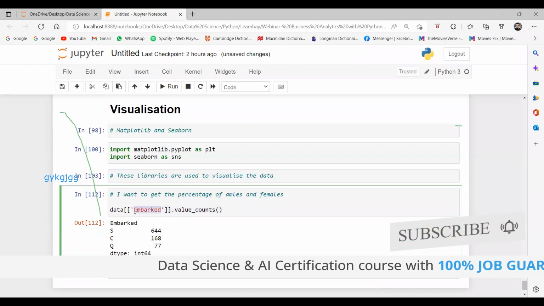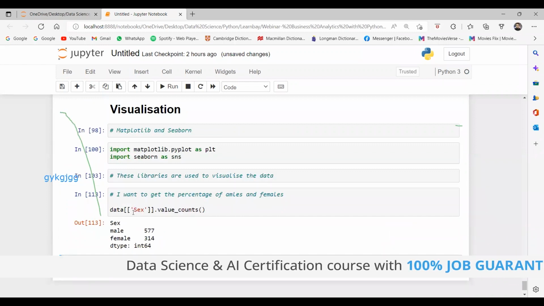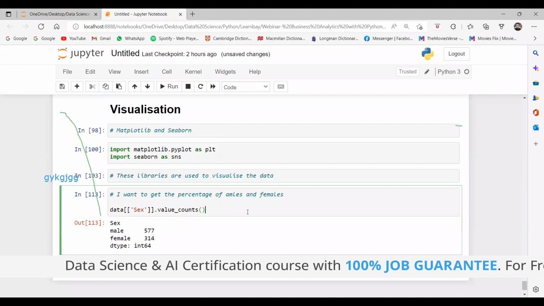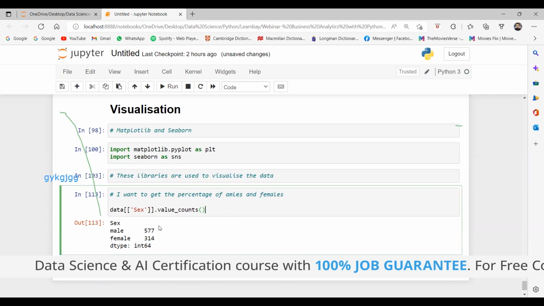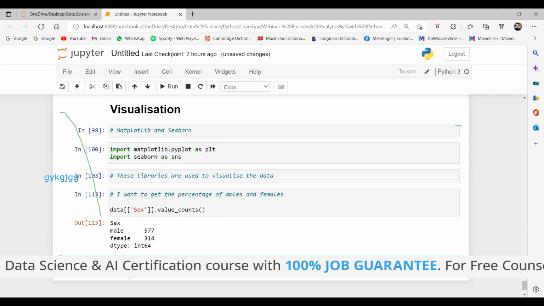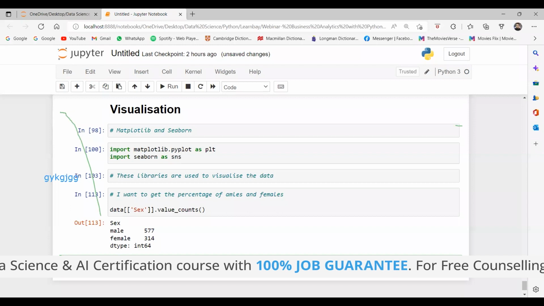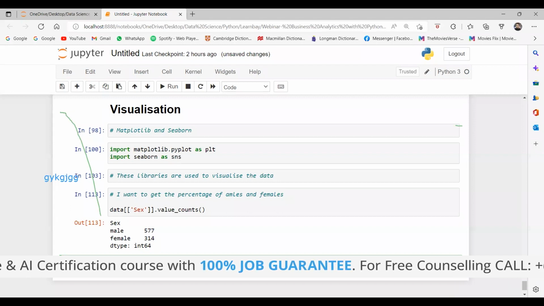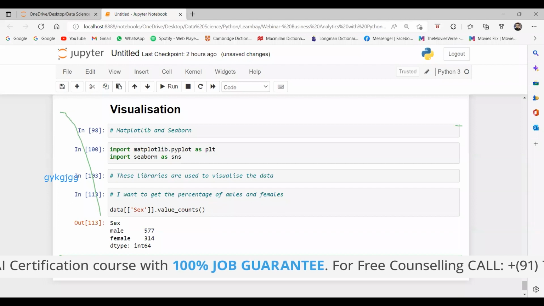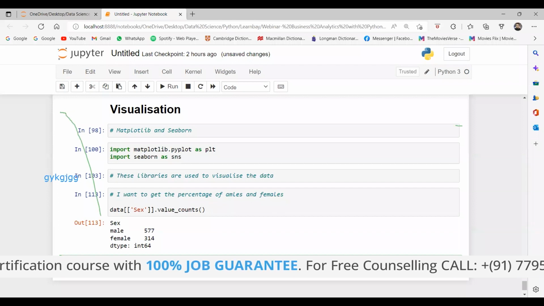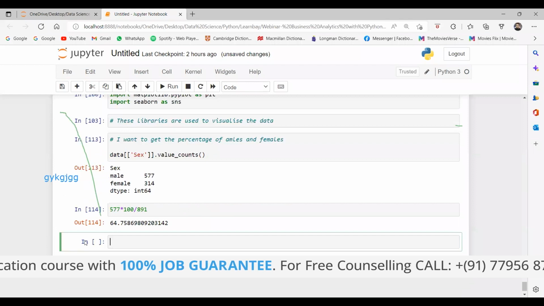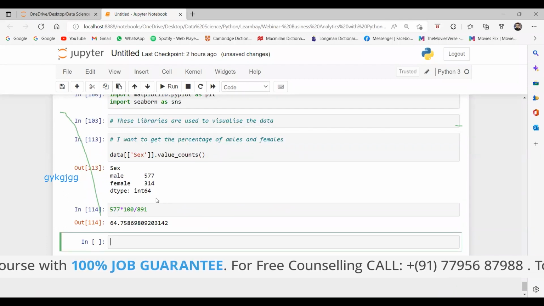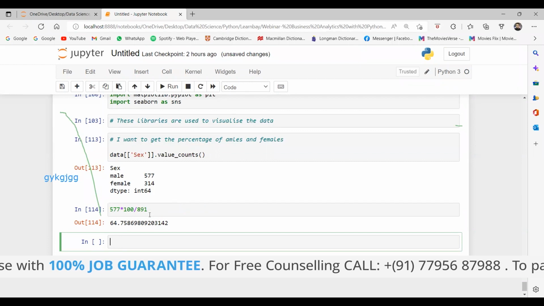So for example, I want this for this column. Now I want to get the percentage. This is the count I am getting. So how can we find the percentage? How do we find the percentage, guys? For example, I want to first find the percentage for male. So I will say 577 multiplied by 100 upon the total number of observations. We have 891, yes or no? And it is like 64% are the males there. Fine, guys. This is how we calculate the percentage.